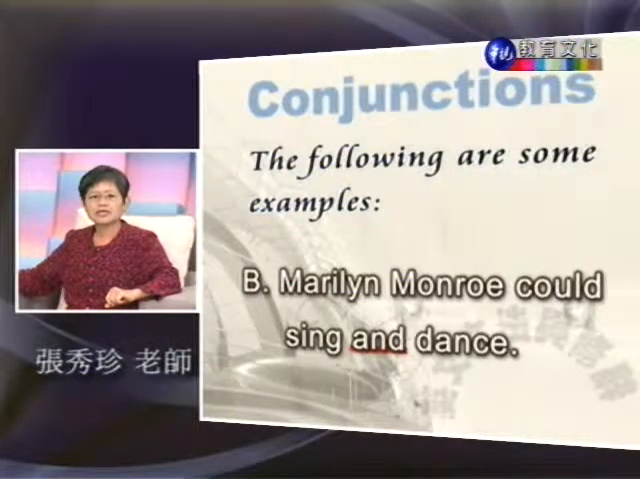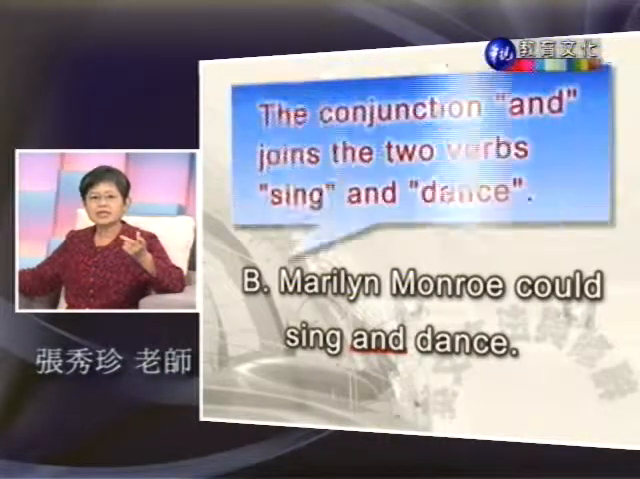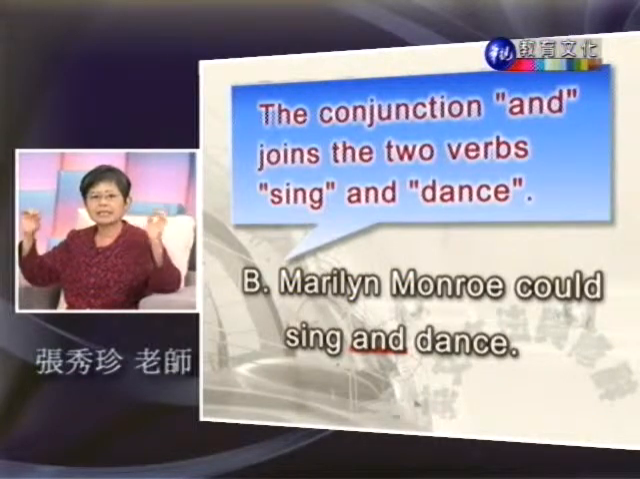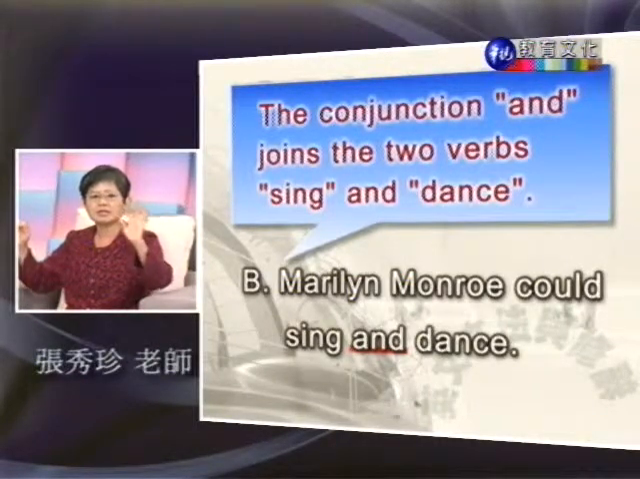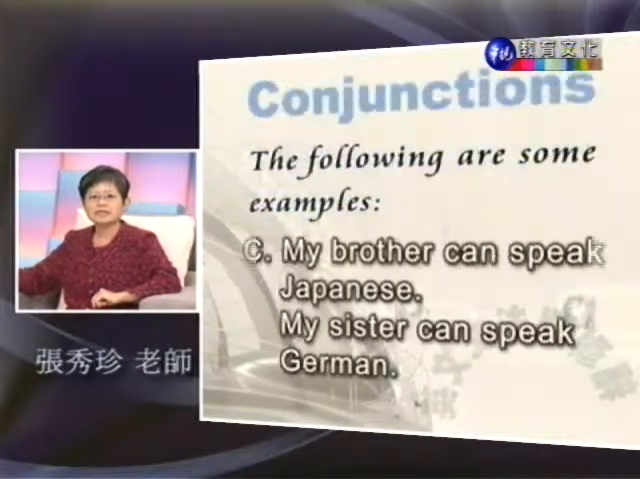好，Marilyn Monroe could sing and dance。玛丽莲梦露她会唱歌，然后又会跳舞，就是既能歌又善舞。这边的连接词是 and，它连接的还是两个动词，sing 唱歌跟 dance 跳舞。好，再过来一个例子是 My brother can